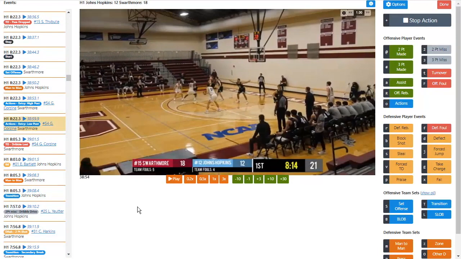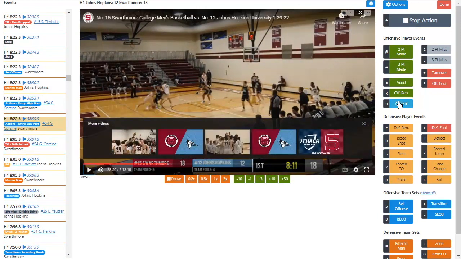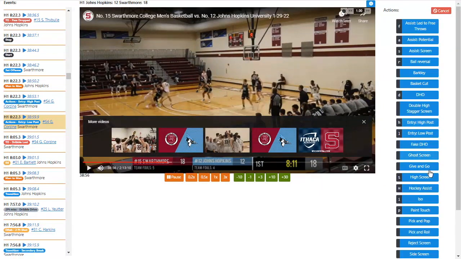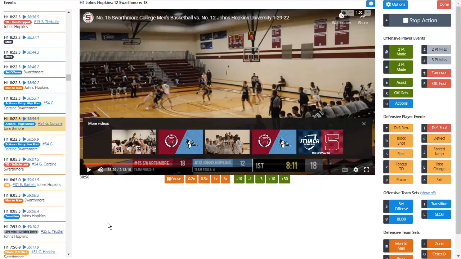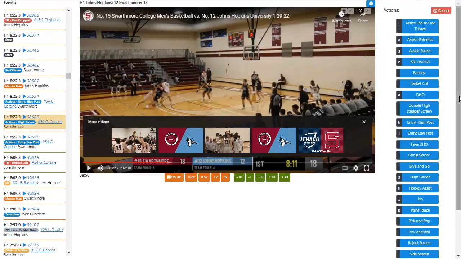Likewise, we continue playing. Now it's a high screen. Same deal, so actions, also by number 54. It's a high screen. So this is how we track actions. Again, every action is tied to that point in the video, so you can always go back and watch it as well. If you want to add your own custom actions, you go to actions, say we have some number